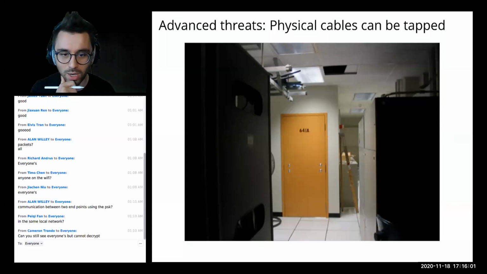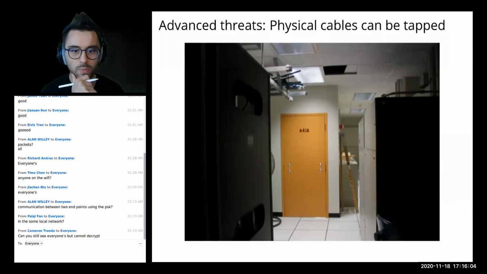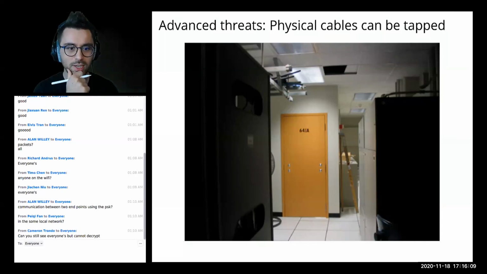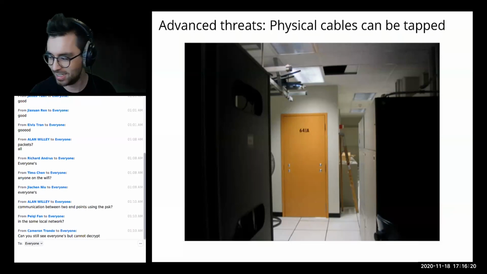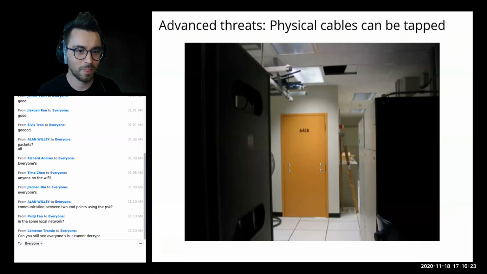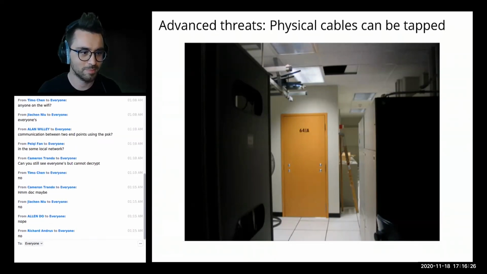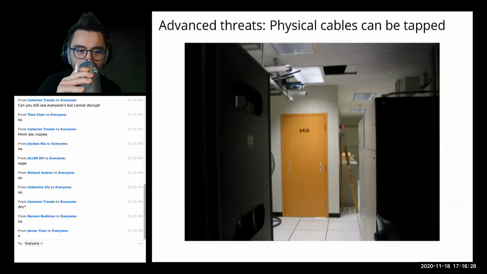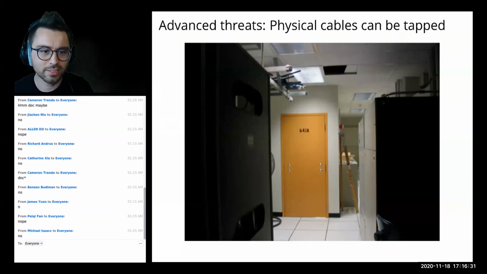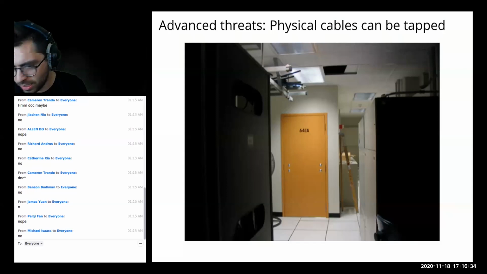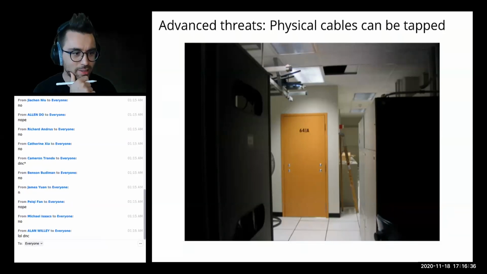Does anybody know what this photo is of? This is from a Wired article. They got a bunch of these photos and a bunch of documents from certain people. Have any of you seen this before? Okay, so this is at 611 Folsom Street in San Francisco. It's at the AT&T headquarters, actually.